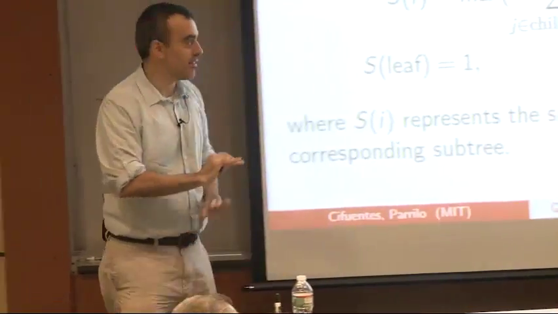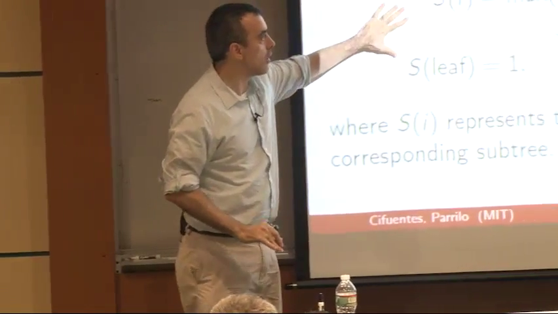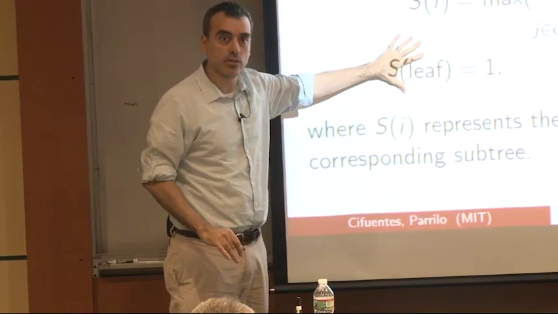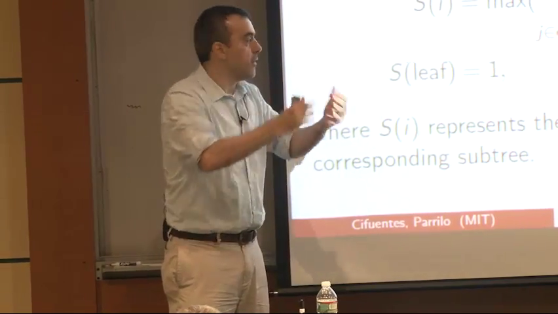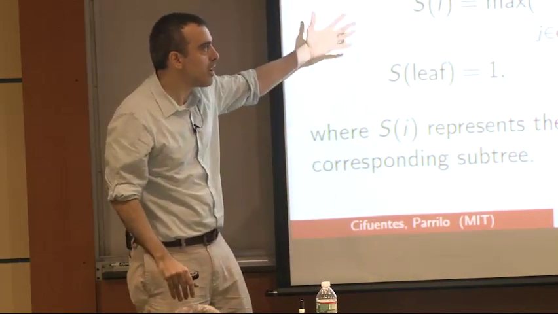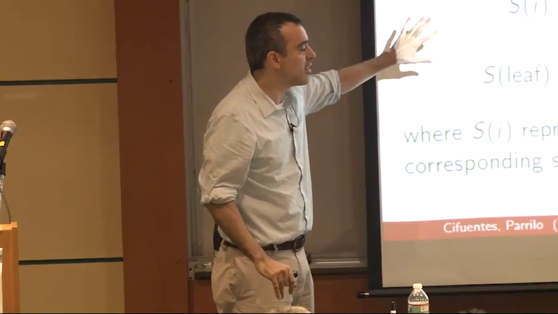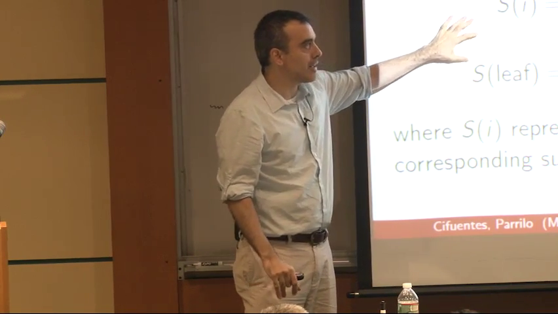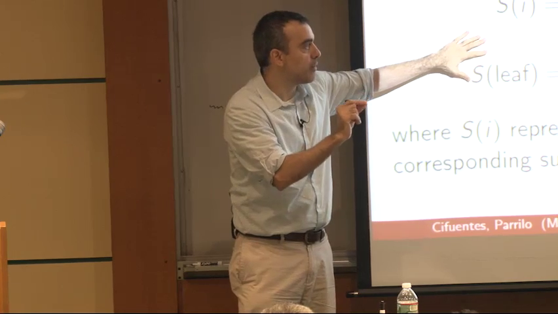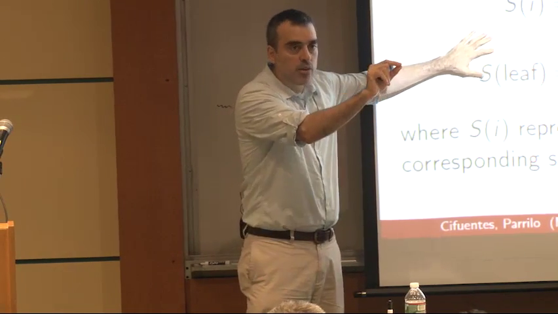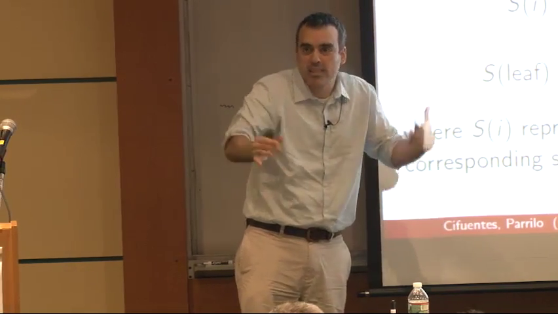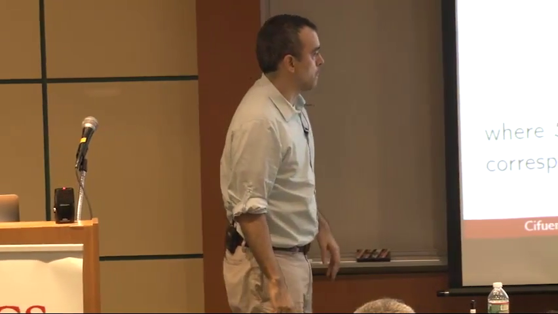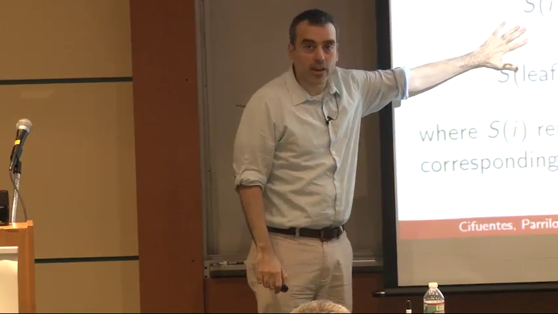Again, it's a simple exercise. It's not complicated. The only point that I want to make is that in this case we have a simple recursion that allows me to solve this problem by a recursion that will start from the leaves and go up to the nodes. And this is really a form of dynamic programming. It's a little distinct, if you want, from the typical way of doing dynamic programming that we teach in many courses, because this is not just dynamic programming on a line, on a path, but it's actually dynamic programming on a tree. But it's kind of the same thing. Nothing changes much. So this is for the case of trees.